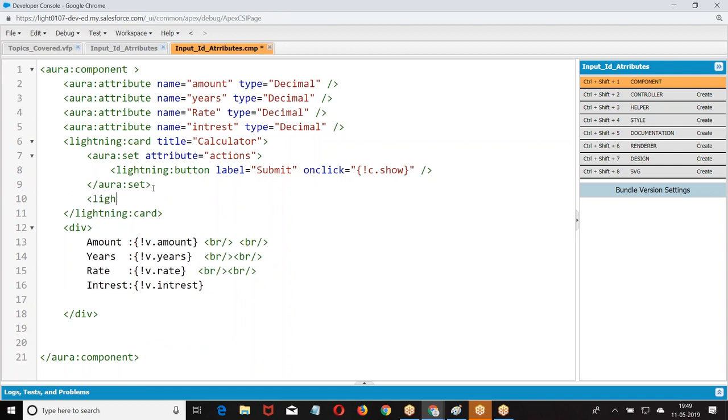Then we had lightning input, label, your ID.